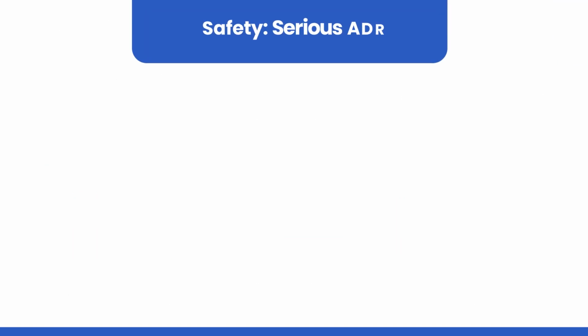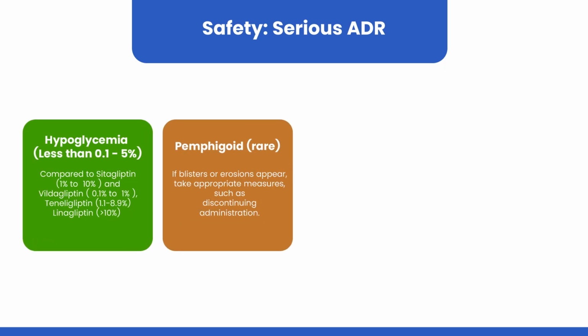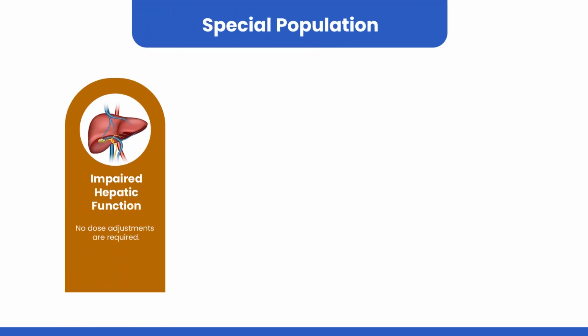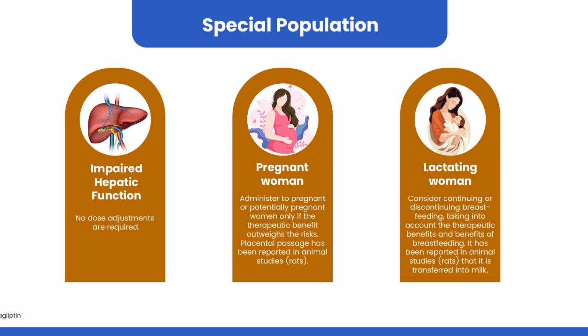While Trelagliptin is generally safe, it is important to be aware of serious adverse reactions such as hypoglycemia, pemphigoid, acute pancreatitis, and bowel obstruction. Special populations, including those with impaired hepatic function, pregnant women, and lactating women, require specific considerations